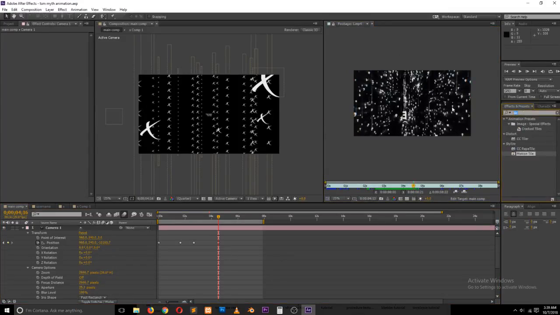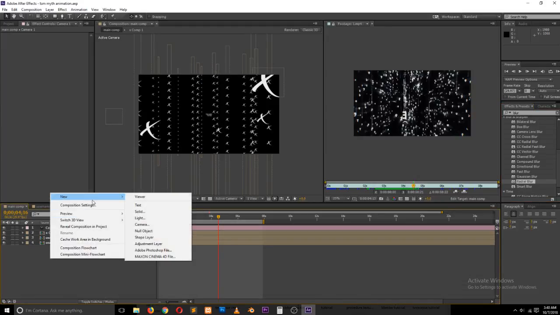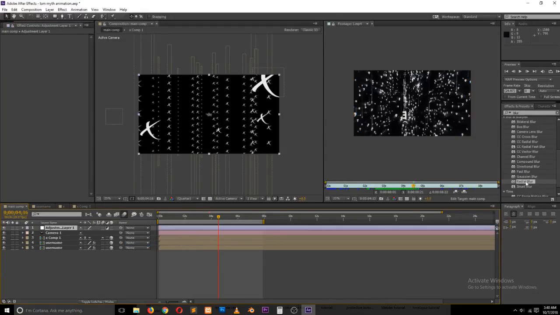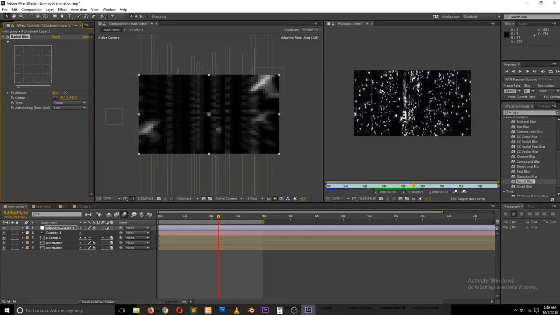I think it's called, it's a zoom camera. Let's see, how is it called? Radial blur. So we can add it under an adjustment layer and change from spin to zoom and increase the amount